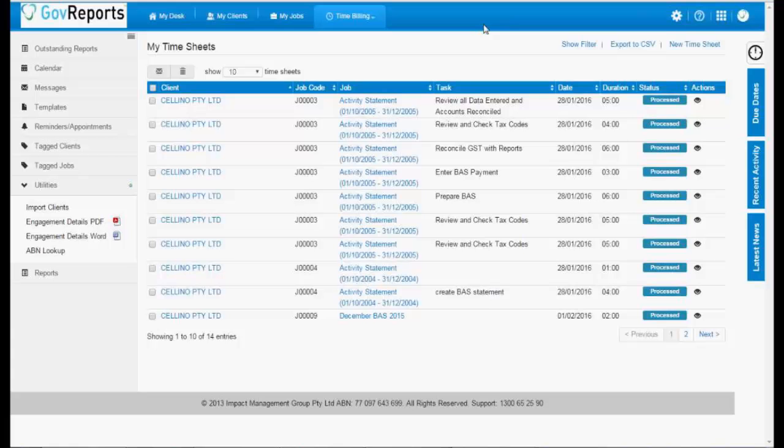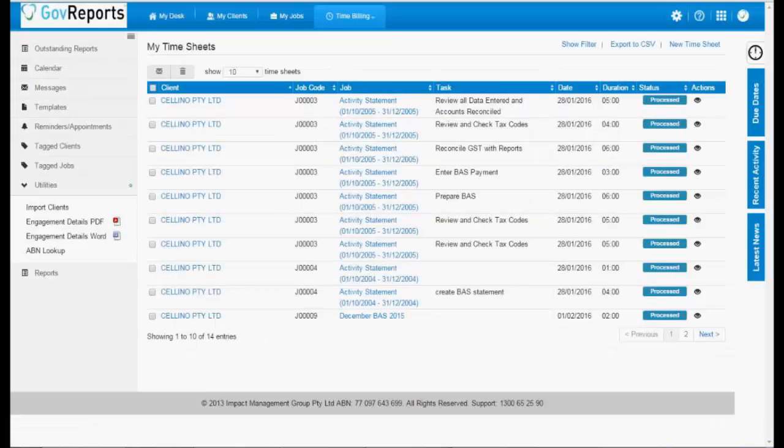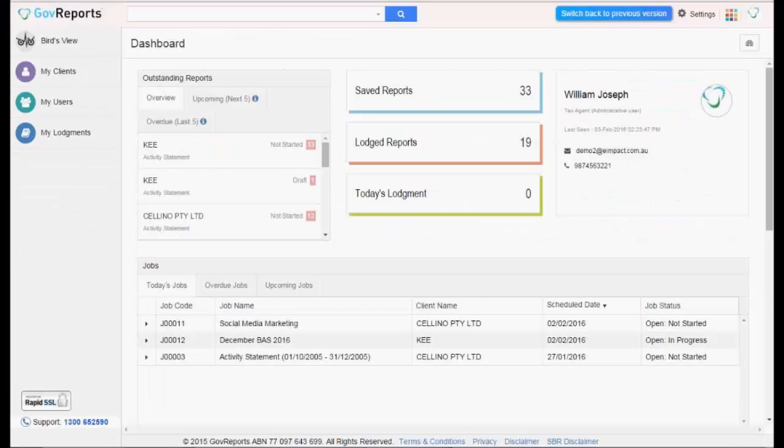So once you've got your job template, we can go back to GovReports and you can work directly from there. That's it. At this point in time, if you haven't started using a CLM yet, I wouldn't spend a lot of time on it, because it is pretty straightforward, but a lot of things will change. When we've got the job template set up,